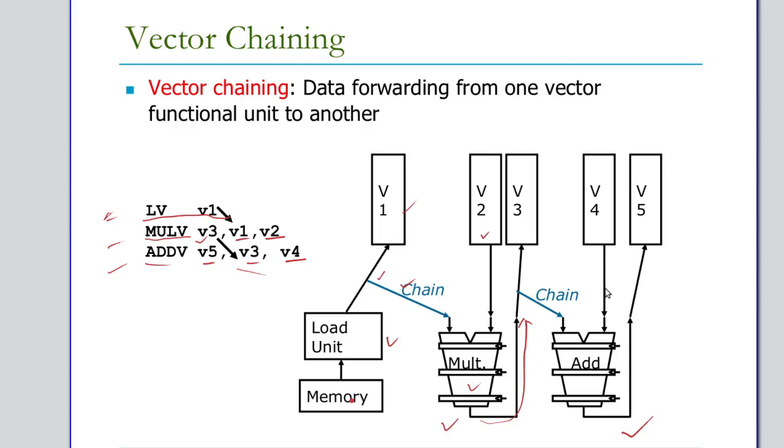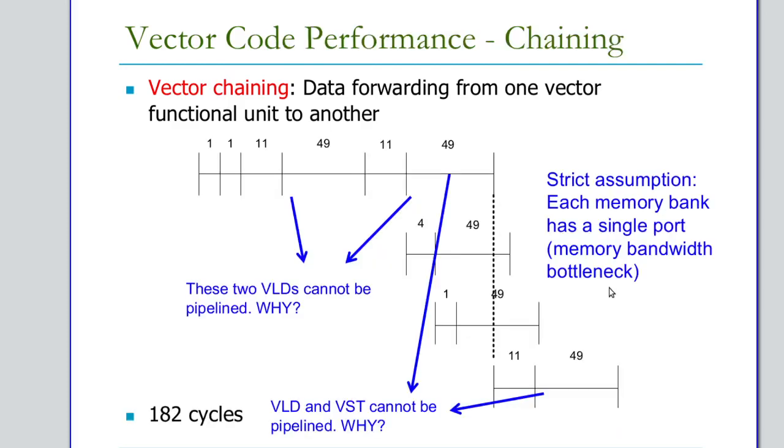So if you use this data chaining in your particular example, you can start your execution of addition from this place. It will take just 4 clock cycles to perform the first addition, and as soon as the first addition is completed, you can start the shift operation for it. It will take this much time till here, and as soon as the first shift operation is done, you are not starting the store operation. Why?